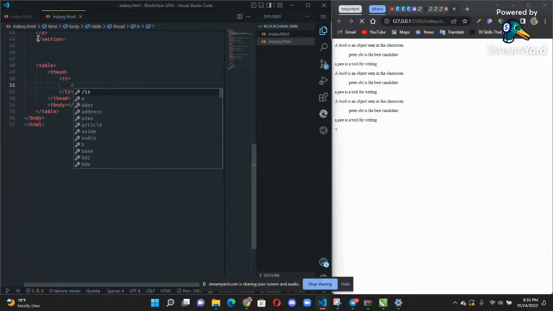Every row must start and end with a tr element. Then every cell in those rows must start and end with a td element. Say td, I'll duplicate this into 5.